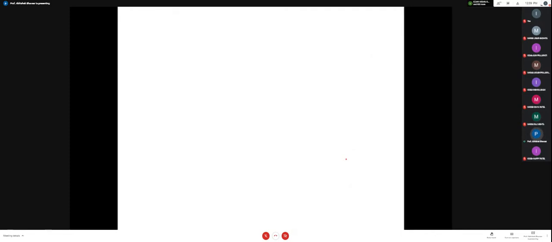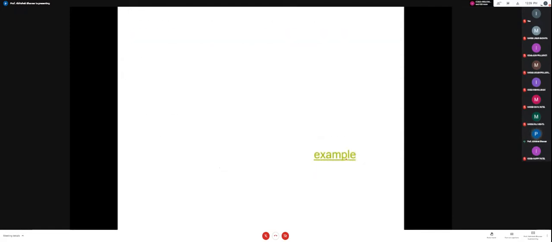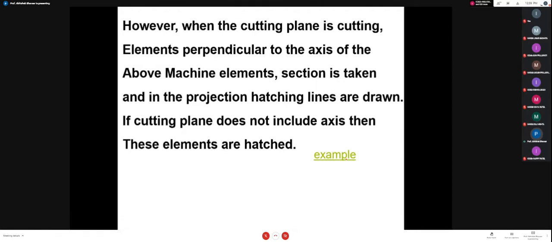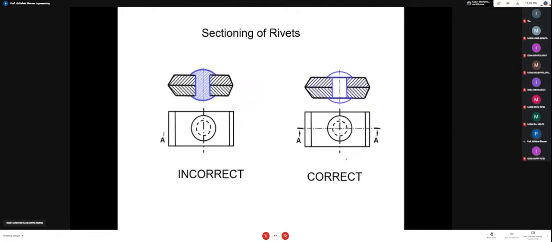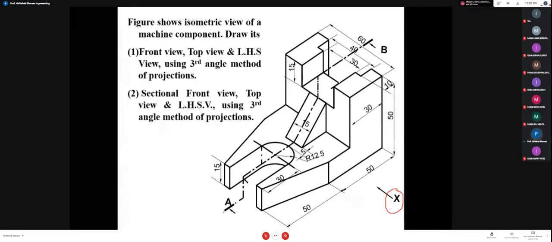Now we have seen several rules, so you have to remember all of these rules. Okay, when you are going to apply them in drawing, you have to remember all these rules, and then apply them. We are just going to see one example. Say we are given such a figure. Okay, you are well aware of the figure. You have seen a similar figure in the orthographic projection. Now we are given the direction of the arrow. It is X. From here you are watching, and the cutting plane is given like this.